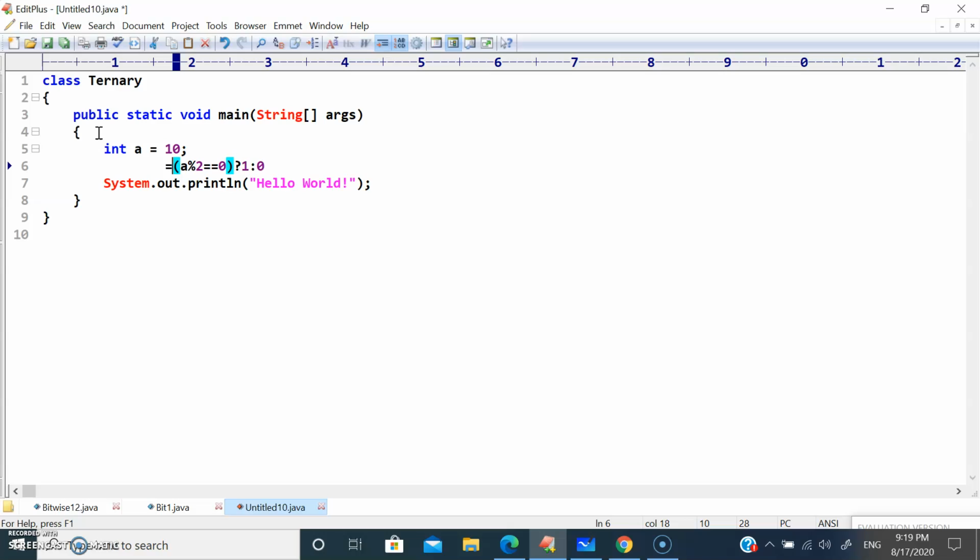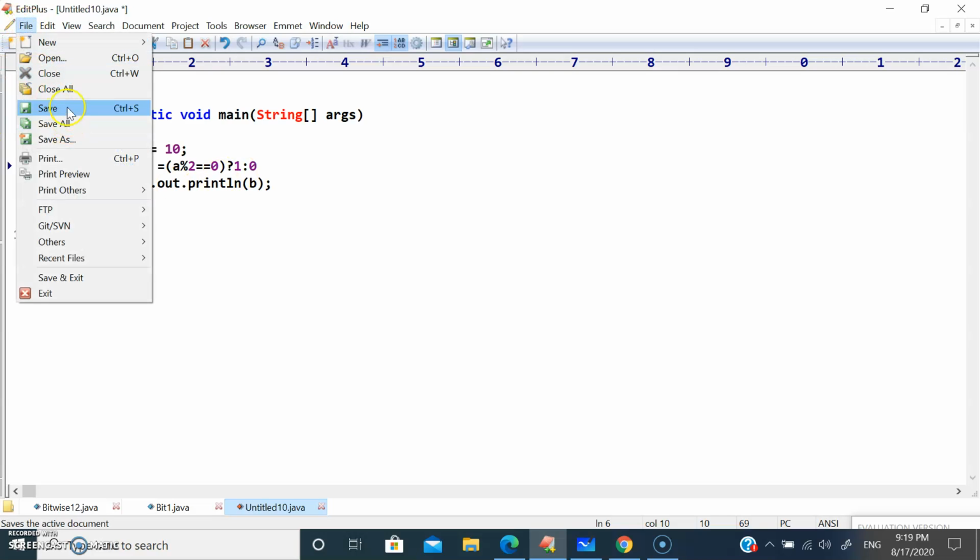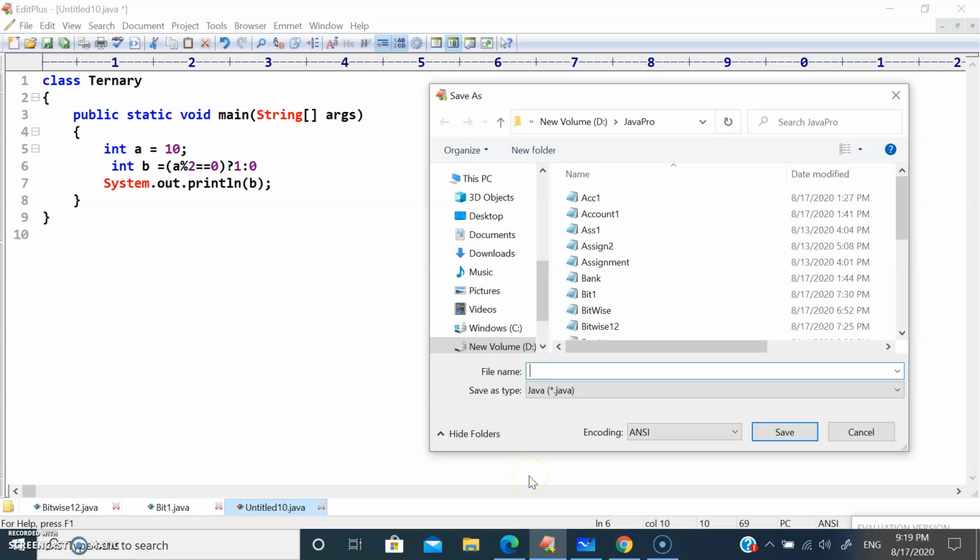Let me store this in a variable int b, and print the value of b. What is the value? 10 modulus of 2 gives 0, so the condition is true, which means it goes for the value 1. Let me save this program as Ternary.java.